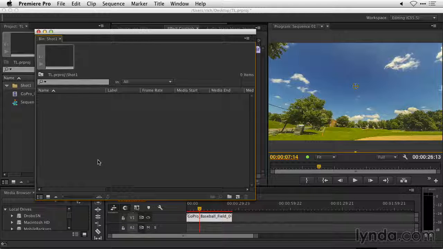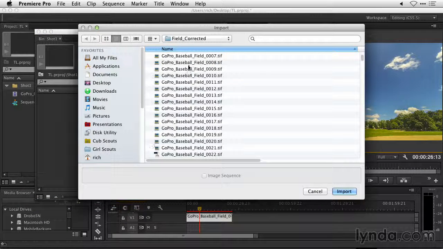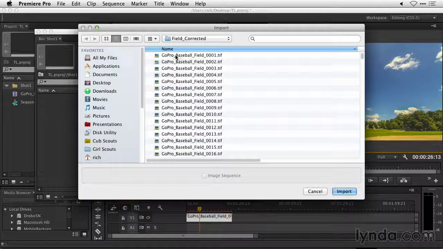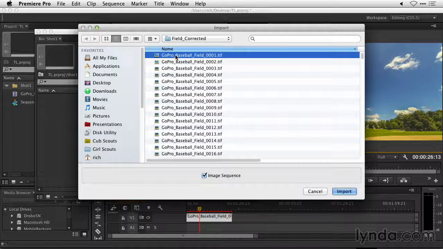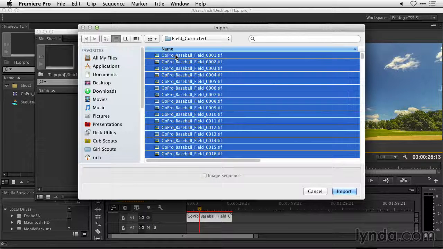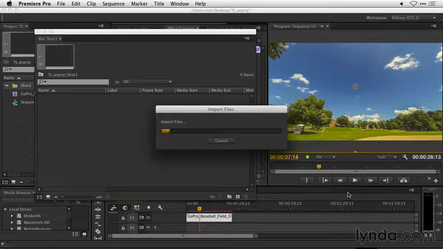Right, now we brought in all the images last time, but we did some auto-magical stuff behind the scenes when we said image sequence. It brought it in as one file. This time, we're going to have however many ever it is, a couple hundred of these individual TIFF frames. So I select all, and image sequence becomes unchecked, and we say import, and it brings in all of those files. Now, this is not as convenient from a media management point of view,